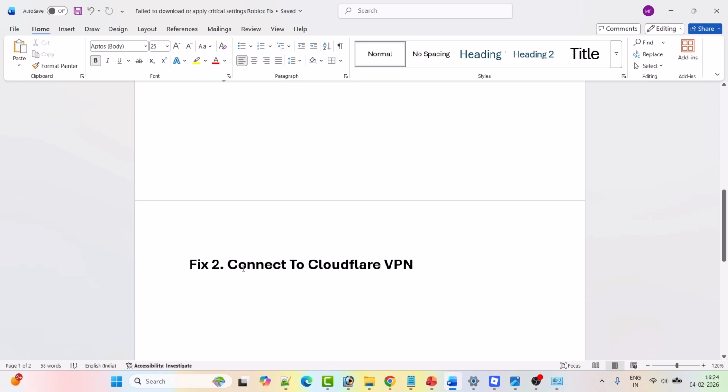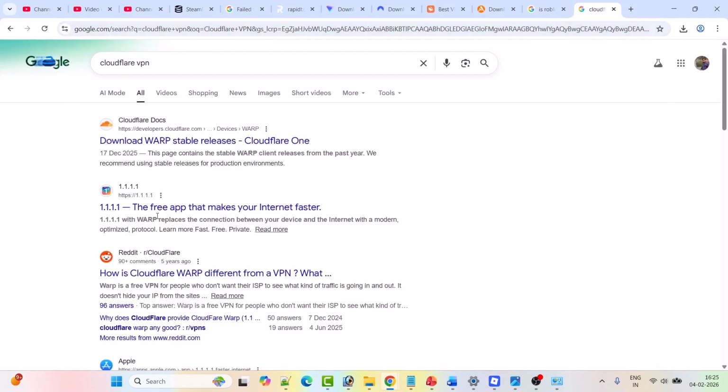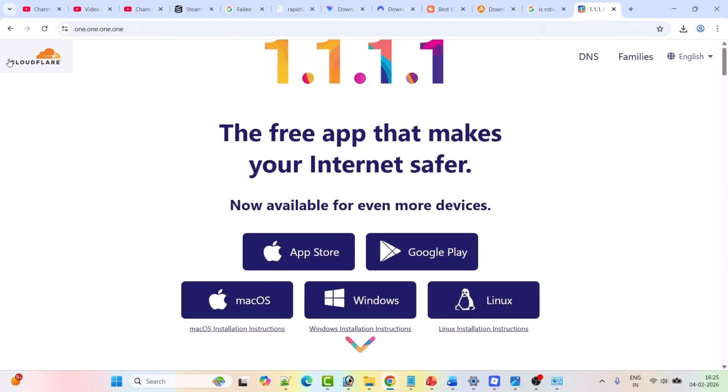Fix 2 is to connect to a Cloudflare VPN. So open Chrome and search for Cloudflare VPN and then click on this 1.1.1.1 website. This is a Cloudflare VPN app. Click on Windows option,